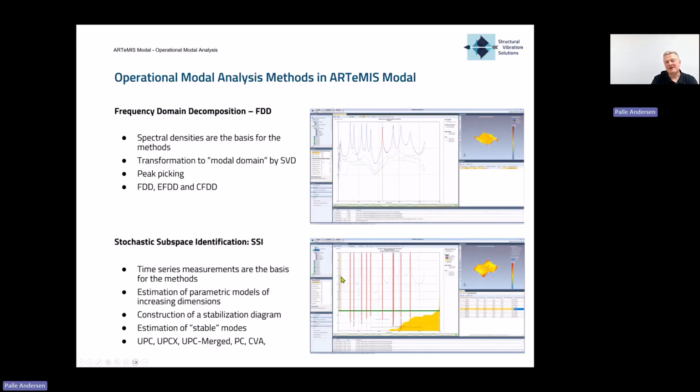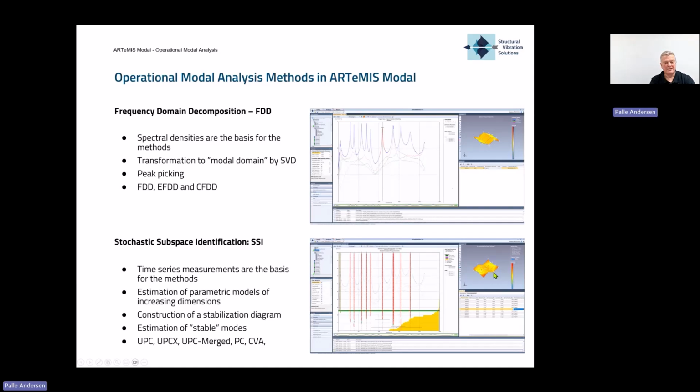And based on that, we can now extract all of these frequencies, damping ratios, and mode shapes also, and then average them together to get a single global mode estimate. And that's the one we'll then get over here. So you would say the first one we have here in the list is actually an average of everything that is going on here. All the red crosses here are the ones that are in some way included in that average to give us an average frequency, average damping ratio, and also an average mode shape,